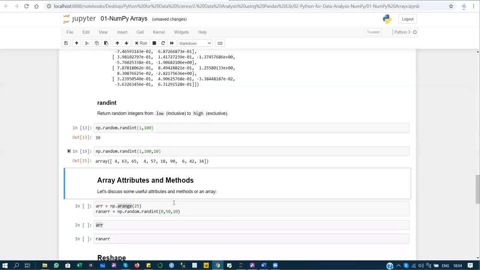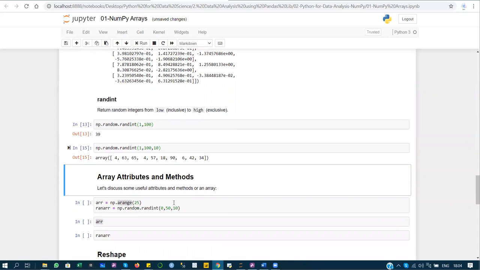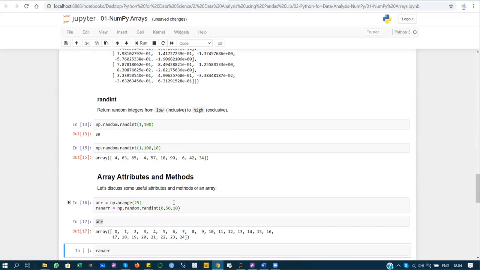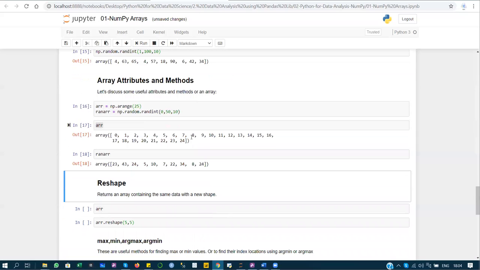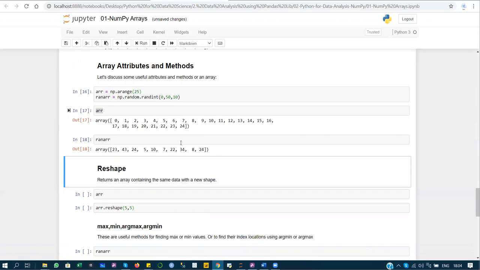Now I'm going to introduce array attributes and methods. Firstly, I'm going to create two arrays. Now I'm going to use the reshape method. The reshape method in the NumPy library reshapes a vector or matrix from any shape to n cross n, or we can reshape our array into a matrix, or we can reshape a matrix into an array.